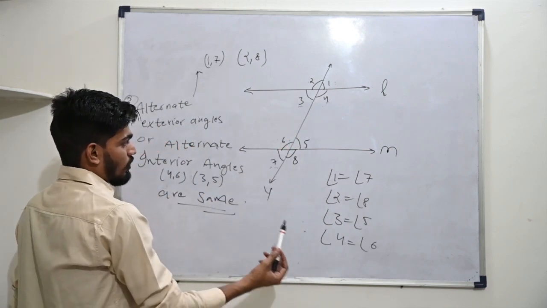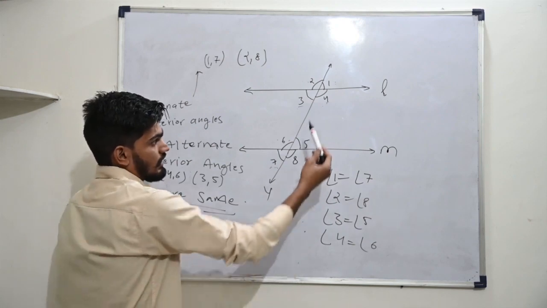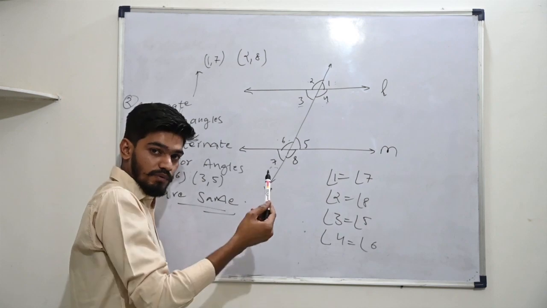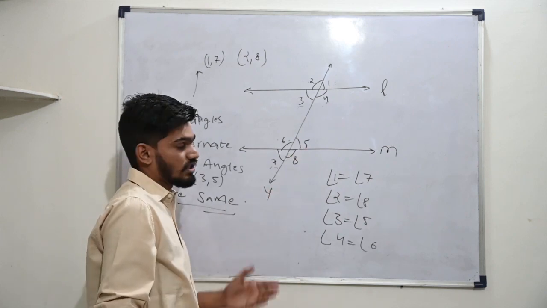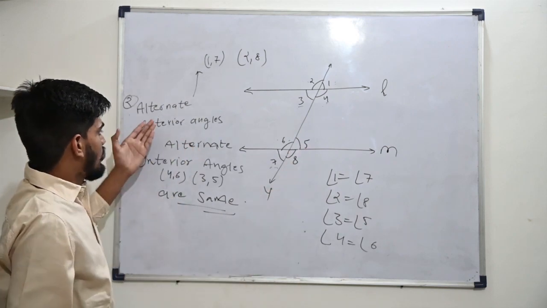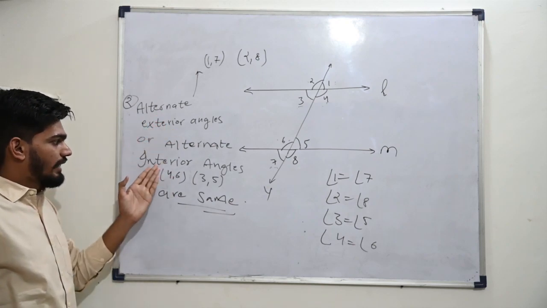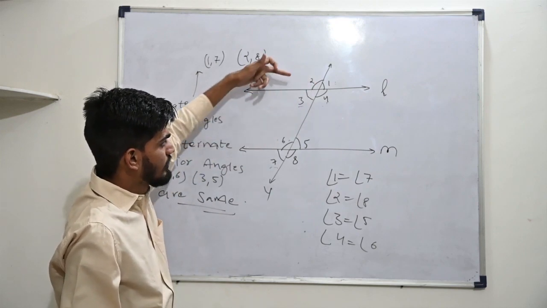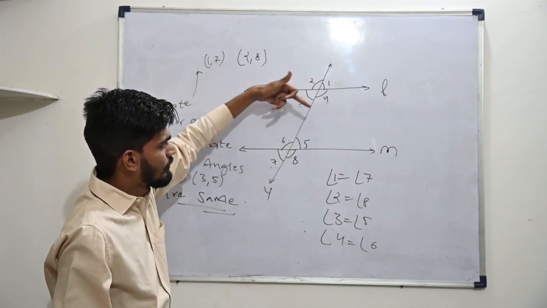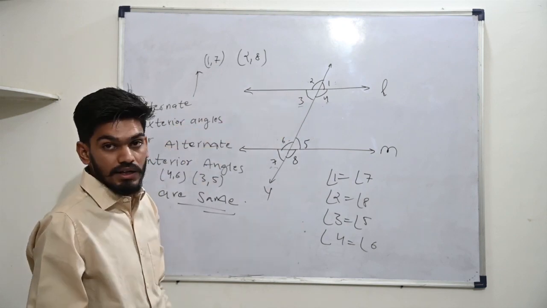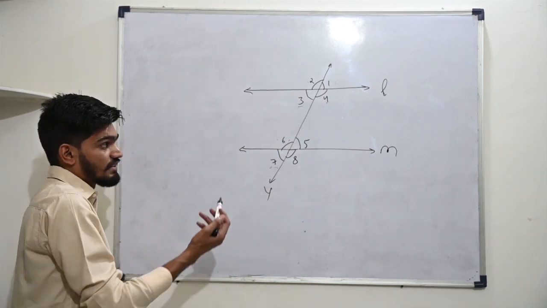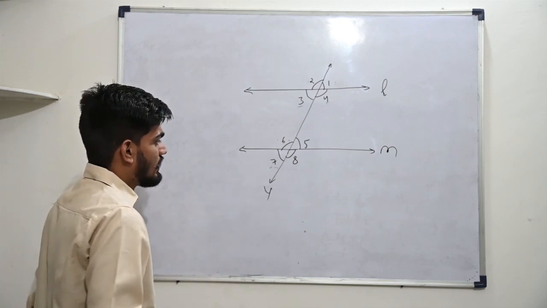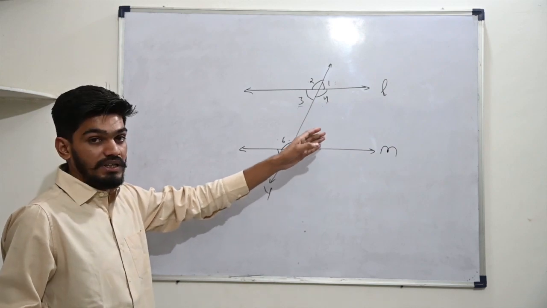So now we have studied about, first of all, corresponding angles. Angle 1, 5 are pair of corresponding angles, and that will be equal in two parallel lines. When there will be a line which is transversal, alternate exterior angles and alternate interior angles will also be same, like angle 1 is equals to angle 7, angle 2 is equals to 8, and angle 4 will be equals to angle 6, angle 3 will be equals to angle 5. Alright, as we have talked about corresponding angles and alternate angles as they are equal in parallel lines, now let's have an idea about the interior angles.